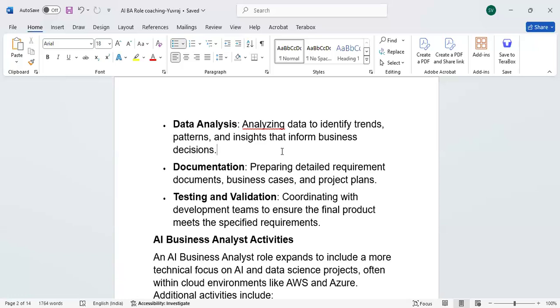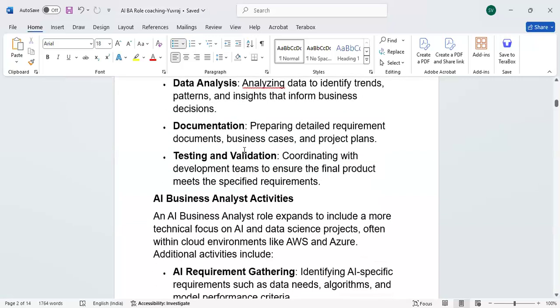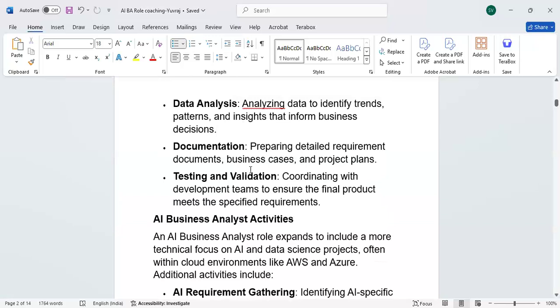When you are offering it, you are supposed to bring up some insights that inform business decisions to introduce those products within the e-commerce site. So that is the data analysis you are doing. It is not only existing data that you analyze. From the market you are identifying, under trend analysis, those trends you are going to see under patterns and inform the business to take decisions to incorporate that kind of products in your site.